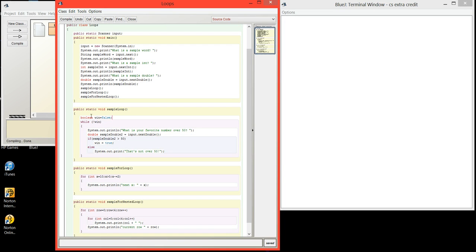I will highlight it so you can actually read it now. Totally forgot to do that. But for this, I'm asking the person to give me your favorite number over 50. And then for my scanner, I say, give me it. And if it is over 50, the Boolean will return true, meaning this will carry on, and it'll